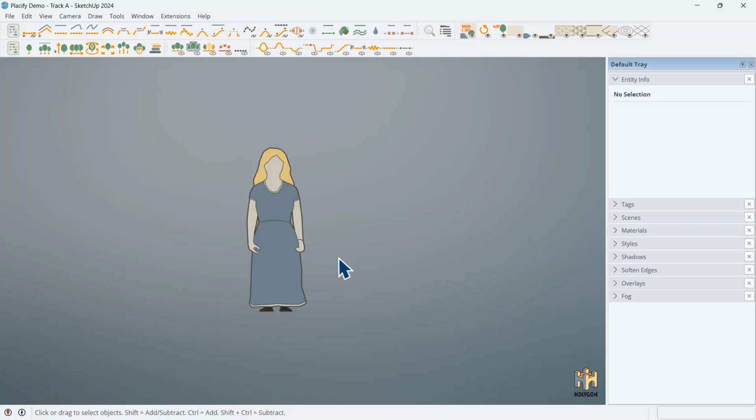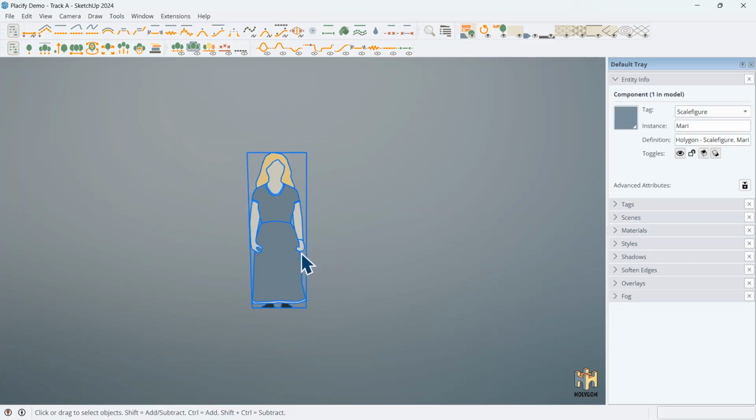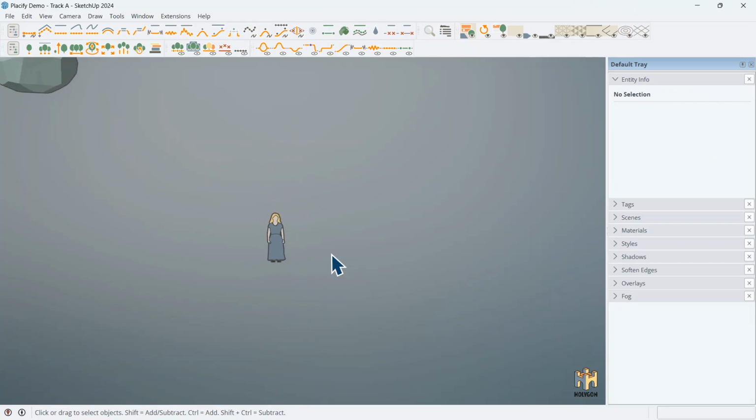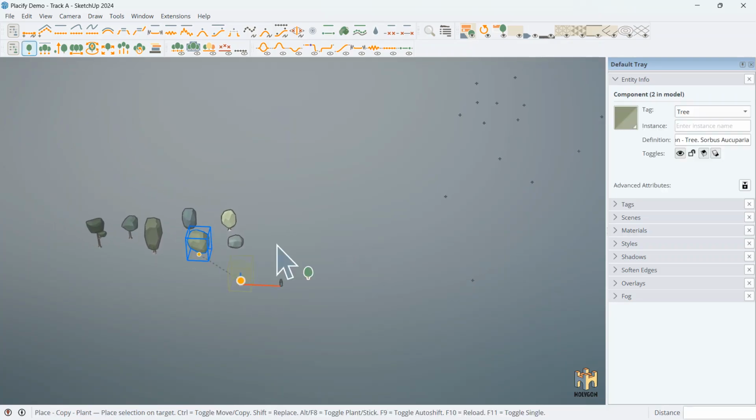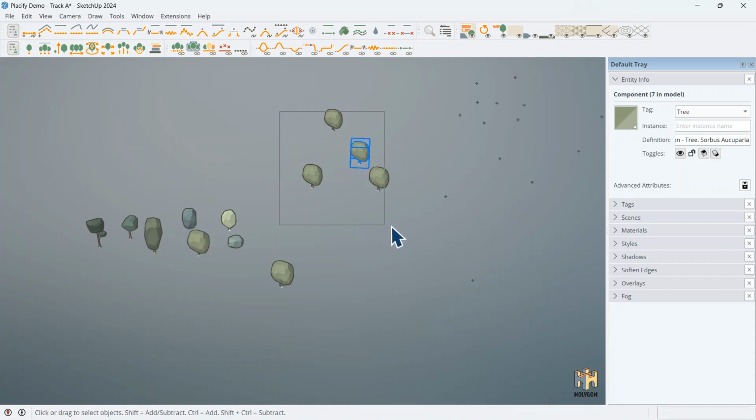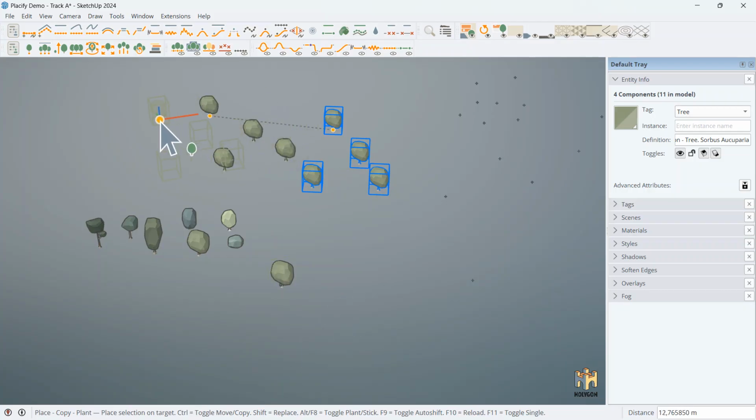The most important aspect of Placify is its ability to make a series of common SketchUp design workflows effortless. So let's try that in practice. You can, of course, place single containers like so, or you can select multiple containers and place them in batch like so,